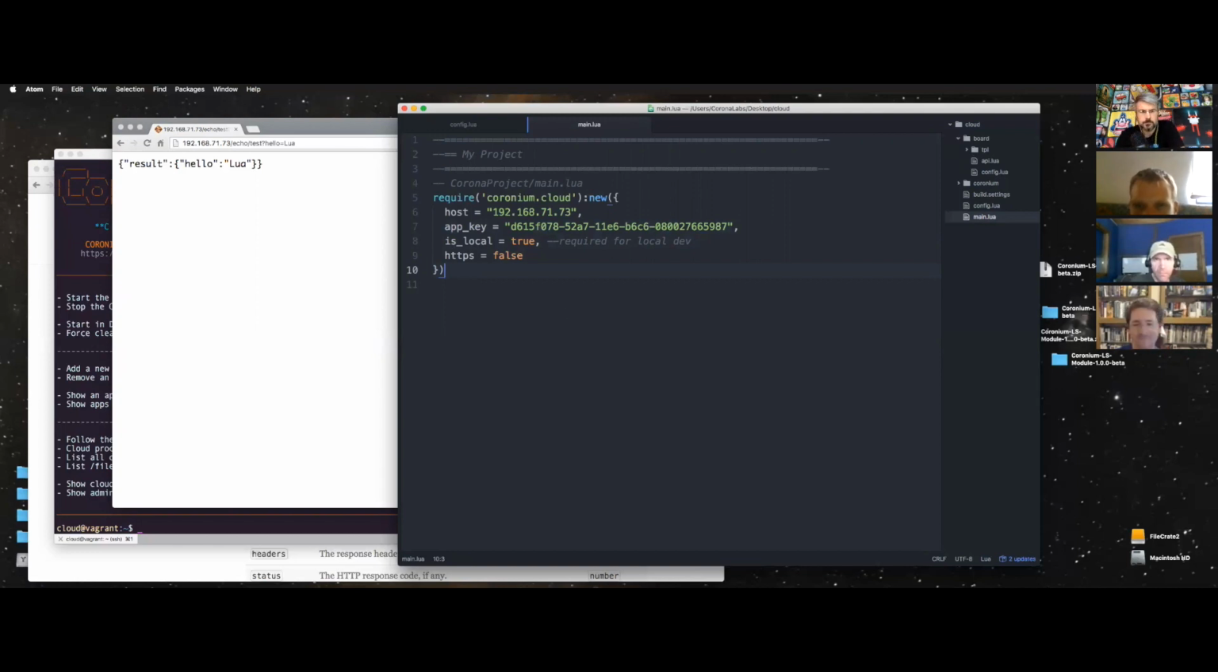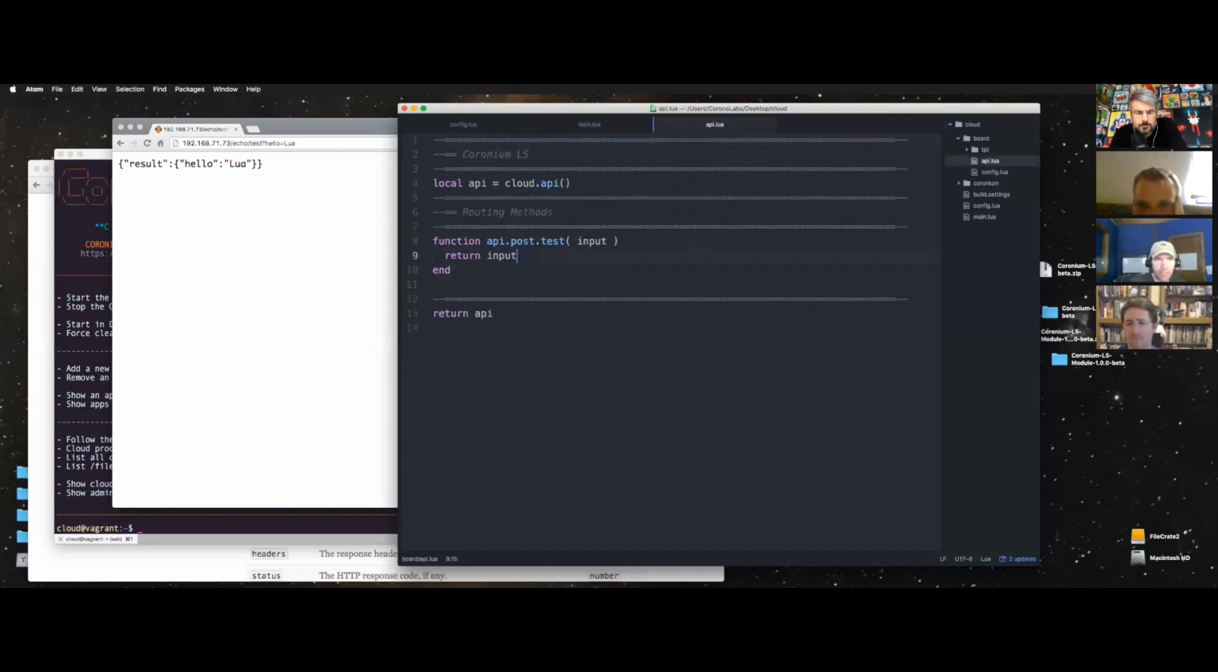So what we're going to do, let's take a look at the API file. This is kind of like the main Lua, if I was going to call it that. And this is where we build all of what I call routing methods. And I probably stole that from somewhere. Basically, the Cloud API